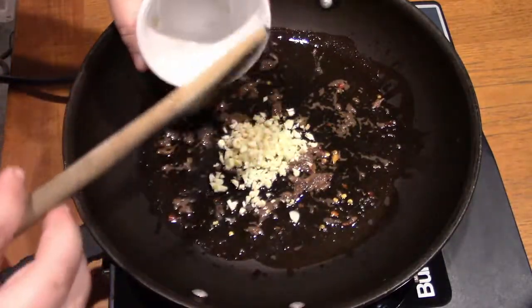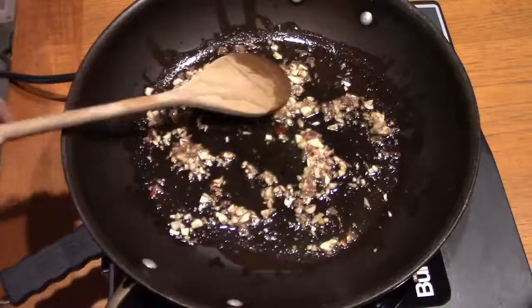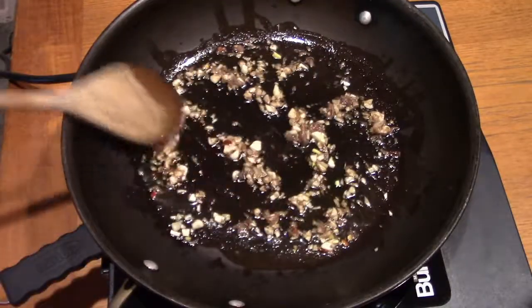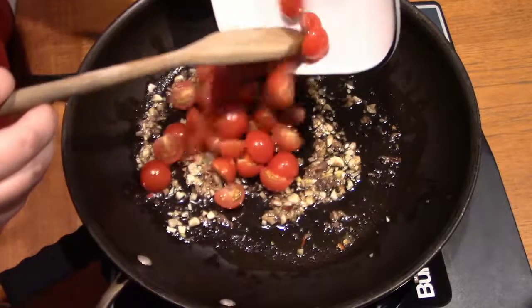This is about a tablespoon of garlic. If you're using the jar stuff, you do want to use more, but we're going to cook this at a low and slow sort of heat while everything gets nice and aromatic. Once the garlic smells heavenly and all the anchovy has been broken down, we're going to start adding the fresh